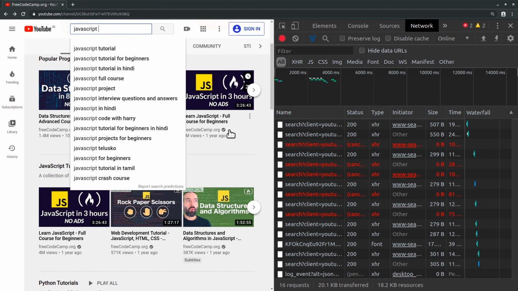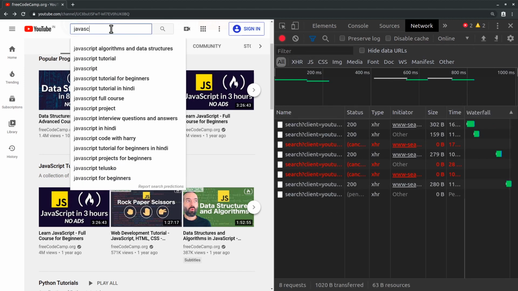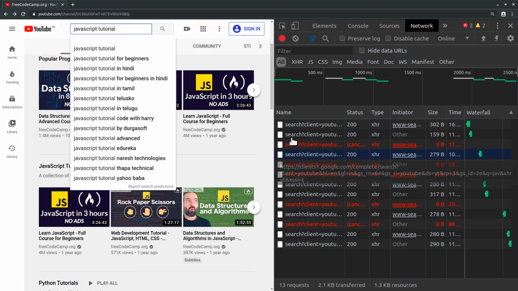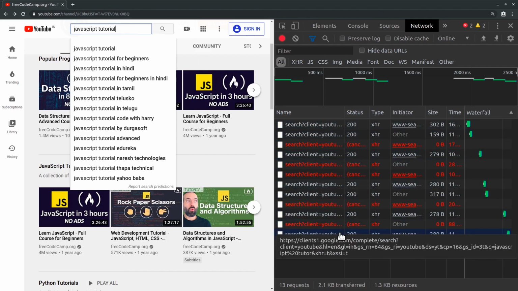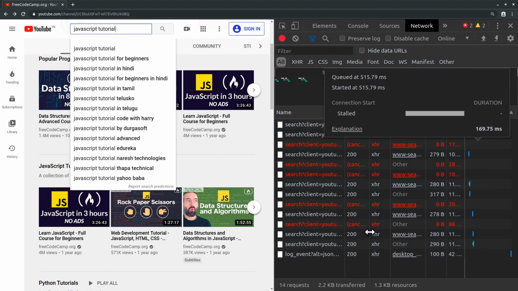Network calls take time, and if JavaScript were synchronous code, it would wait for it to finish and then proceed to the next action, right? But see, I'm able to type. I'm typing a lot, JavaScript tutorials, and it's making network calls at the same time. It's because of its asynchronous nature. If it weren't asynchronous, the website would literally hang. Until the network call gets done with, the website would be unusable. So what happens here? Let me just demonstrate it again.